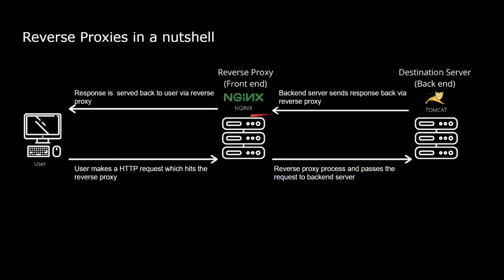In this example, it is Nginx working as a reverse proxy. So when Nginx receives this HTTP request, it is actually going to process the URL and route it to the correct destination servers, since there could be multiple destination servers. Based on the URL path or maybe the host header, it is going to route it to the correct destination server. And finally, the response which comes from the destination server is also relayed via this reverse proxy back to